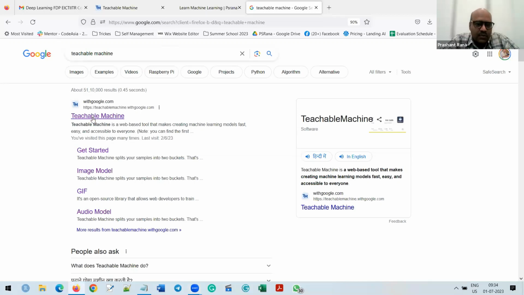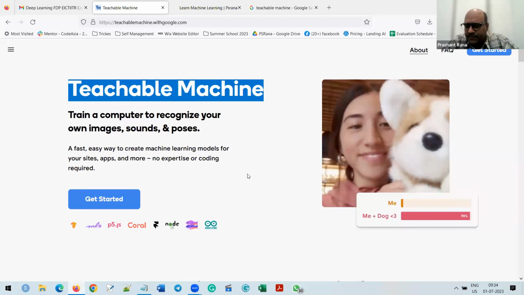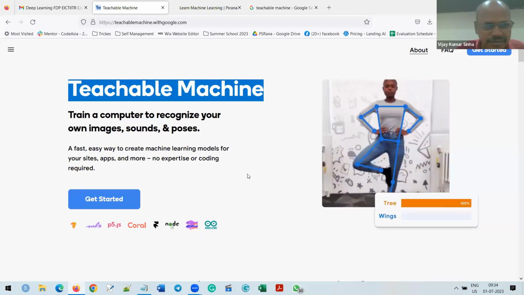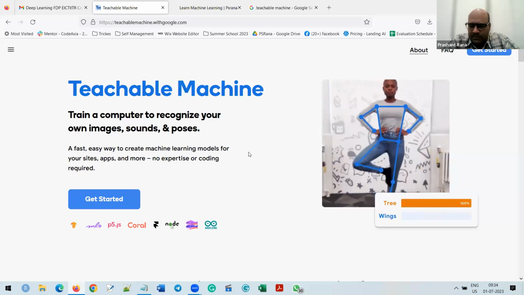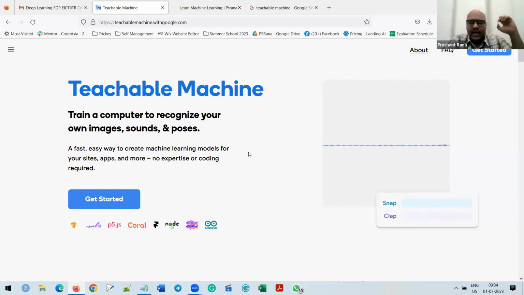So just go to Teachable Machine. Perfect. Has everyone opened it? Yes, sir. Perfect. So now this is one of the online platforms that helps us create a deep learning